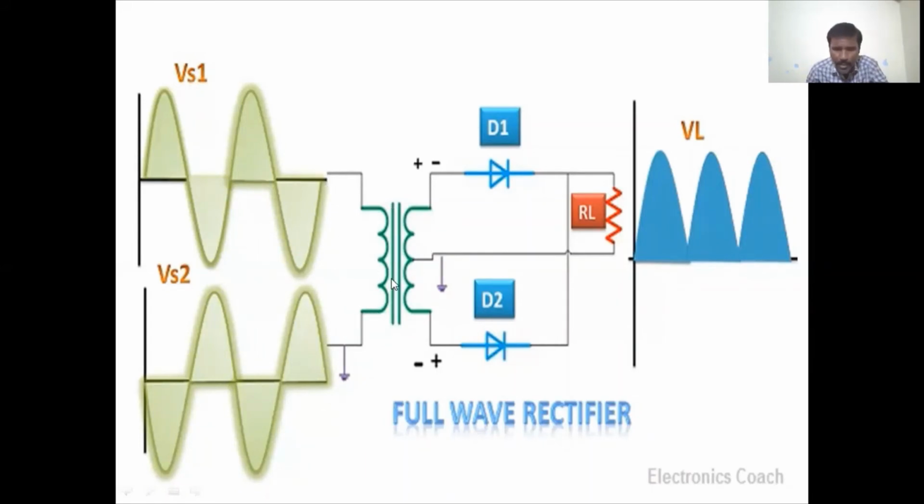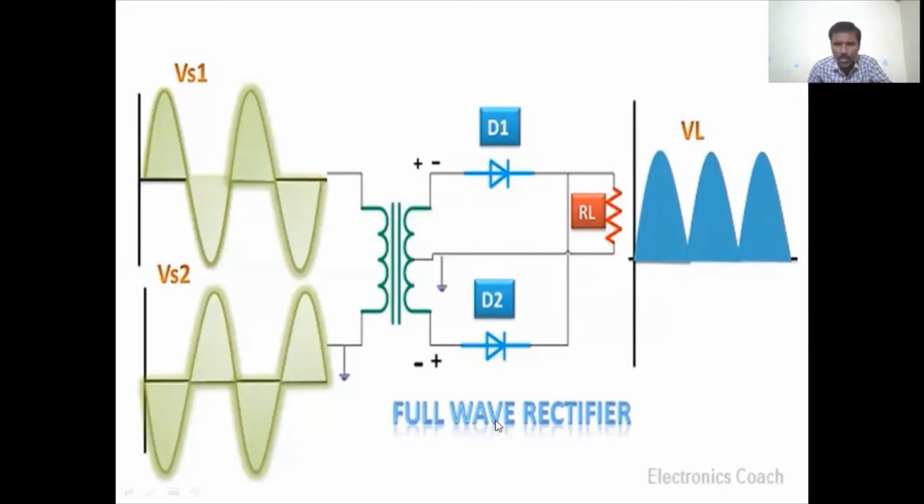So the center tap taps one cycle, positive or negative, at diode D1, and the other at diode D2. When D1 conducts, D2 is in a non-conducting position. When D1 is reverse biased, there is no conduction, and when diode D2 is forward biased, it is in the conducting position. Alternatingly, the total cycle is collected by the load resistor, and the total wave is rectified by this full wave rectifier.